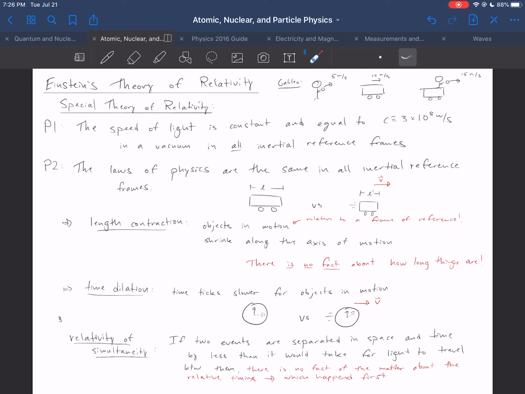Okay? This has some wildly counterintuitive consequences, and is in some ways the hardest fact of this to accept, this idea that there is no true sort of big time along which you can keep track of everything. And not only that, but things that might appear to happen at the same time in one frame of reference, one of them will precede or follow the other in another frame of reference.